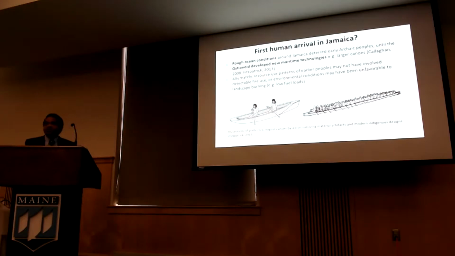This brings us back to our first question. When did humans arrive in Jamaica? Some scholars suggest that rough marine conditions surrounding the island deterred earlier archaic peoples from traveling to Jamaica, until the Ostionoid developed novel maritime and navigational technologies such as larger canoes, which allowed them to traverse the void and